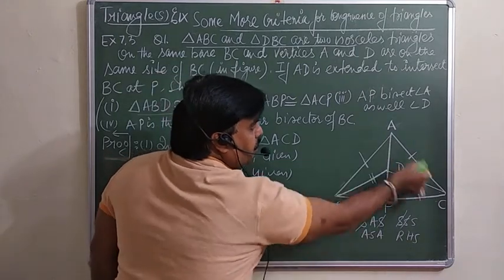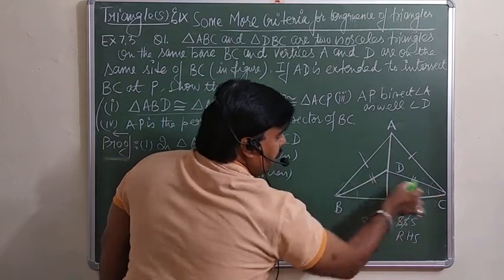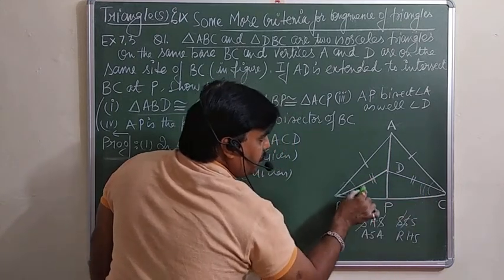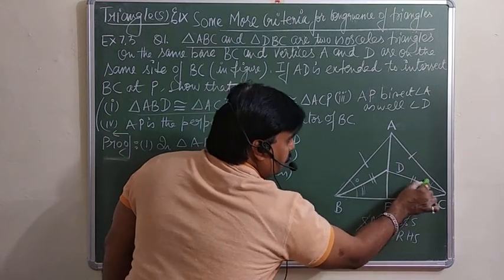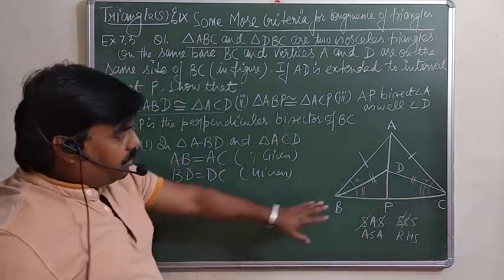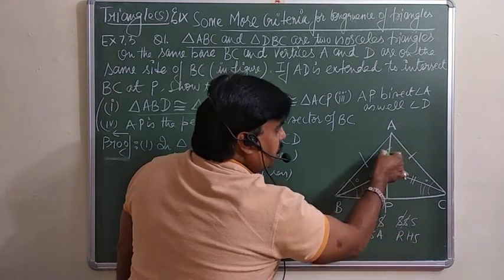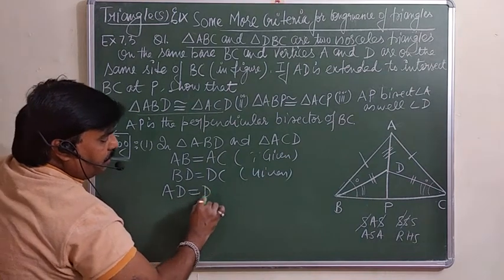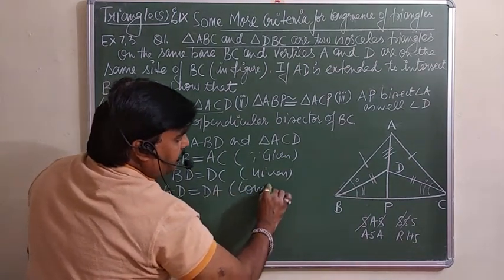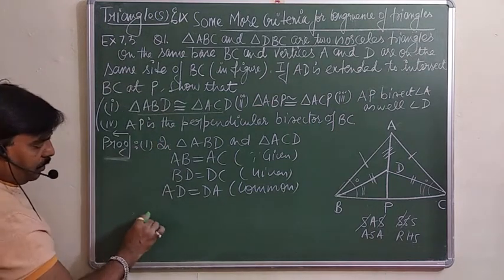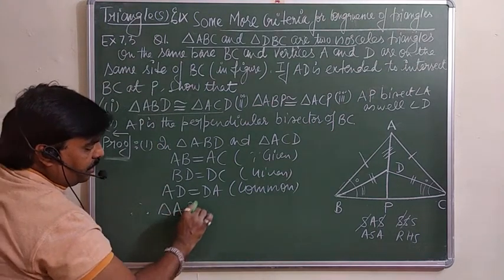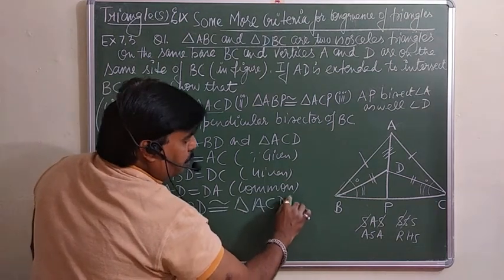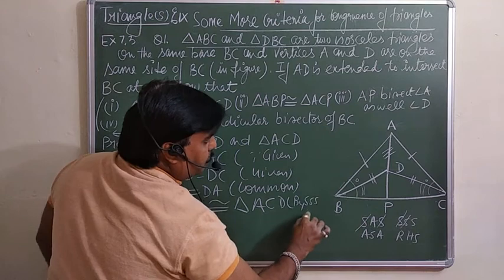You can say AB is equal to AC, so this angle is equal to this one. BD is equal to DC, so this angle will be equal to this one. And from this one you subtract this, you will get this angle equal to this one. Likewise here, that is also. But by triple S also we can do it, because this is the side which is common. So I am taking AD is equal to DA. That is common. So triangle ABD is congruent to triangle ACD by triple S rule.